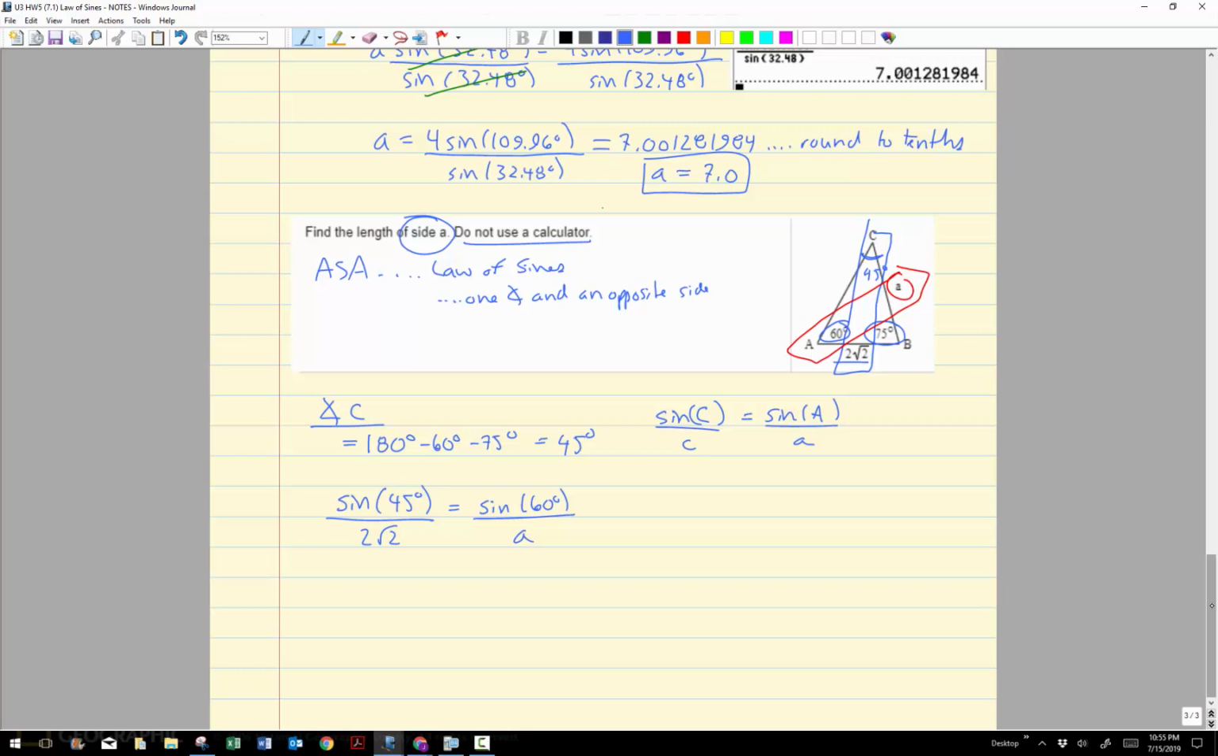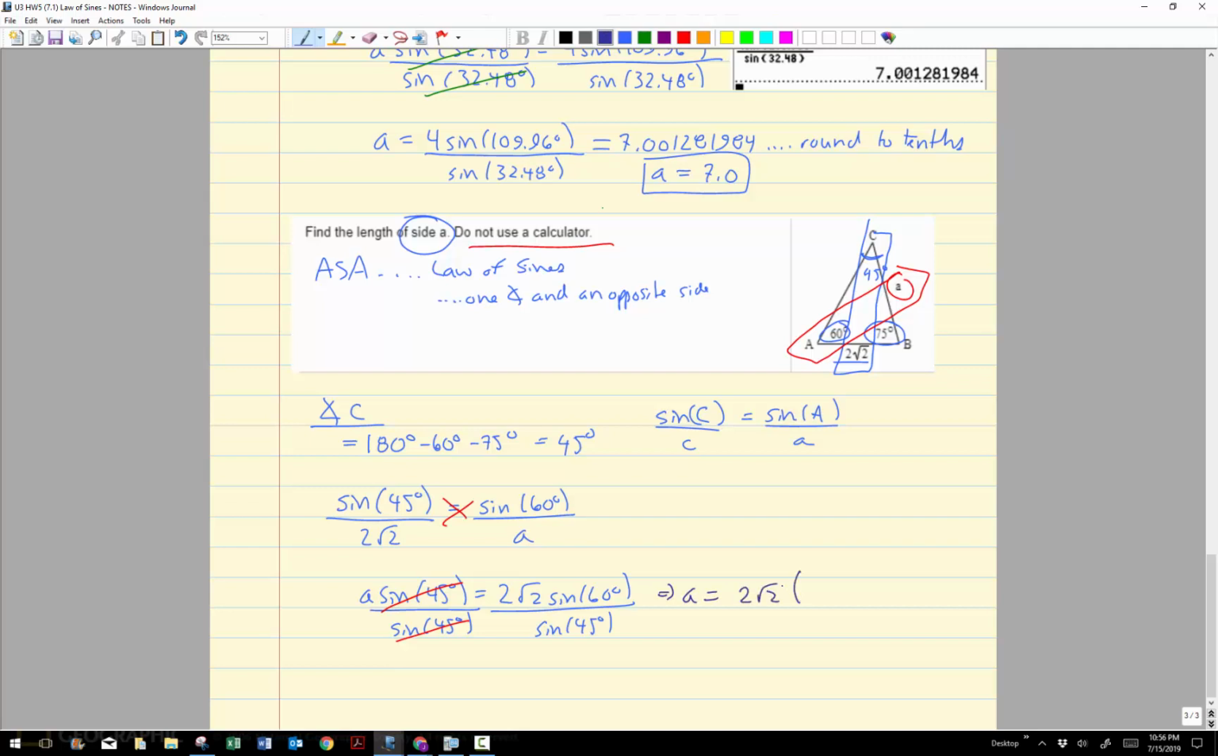And as usual, we might think about cross multiplying, except we know what the sine of 45 is and we know what the sine of 60 is. So I'm going to go ahead and cross multiply first, and then I will plug in for these exact values, because again the instructions were do not use a calculator, find exact values. So if I cross multiply, I have a sine of 45 degrees is equal to 2 root 2 sine of 60 degrees. And after you cross multiply, you need to divide by the sine of 45 degrees. And then I'll start plugging in for what I know here. A equals 2 root 2